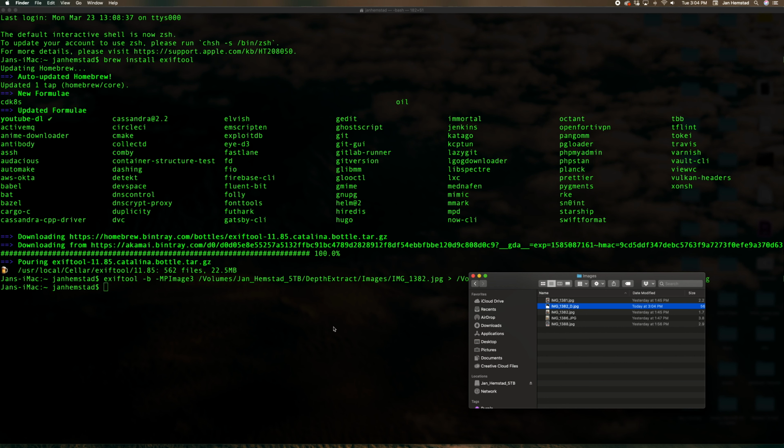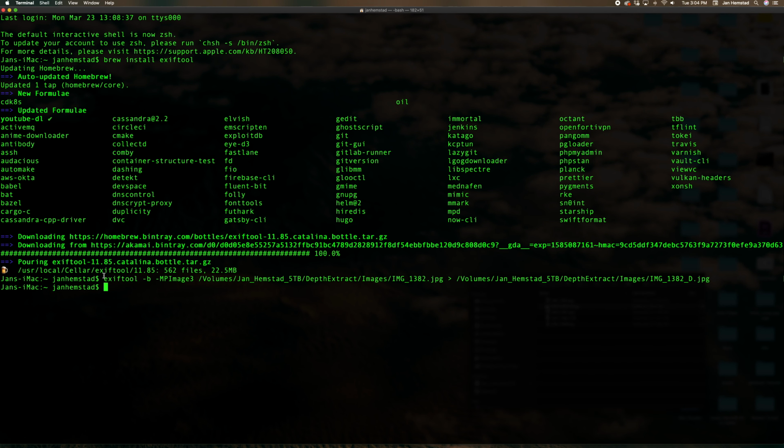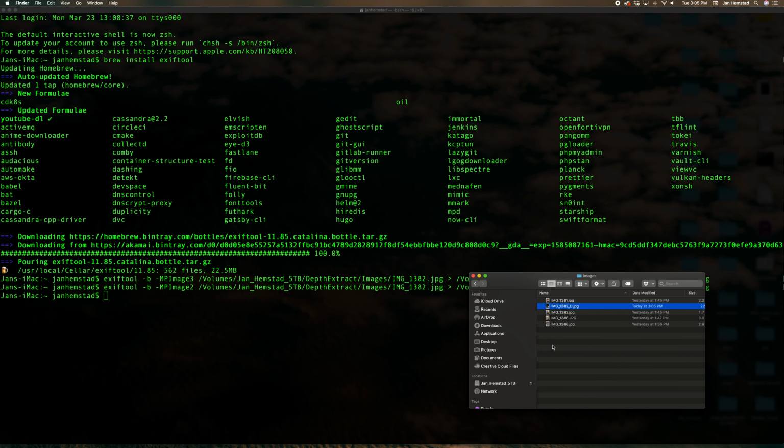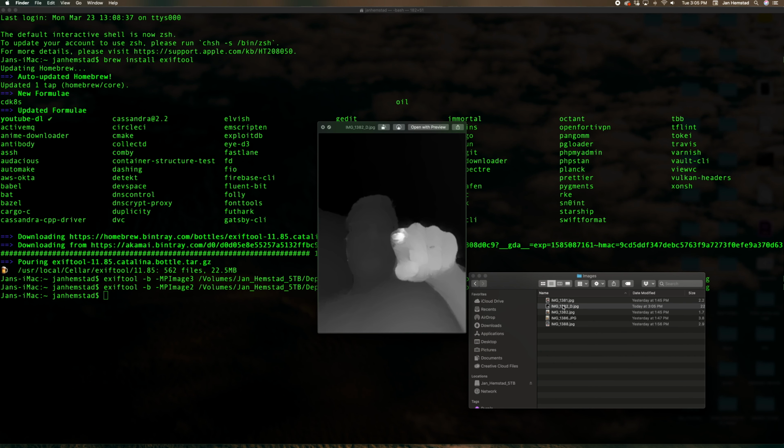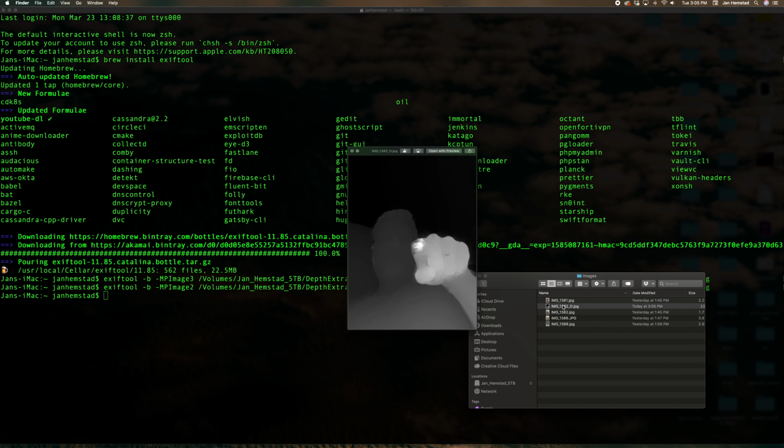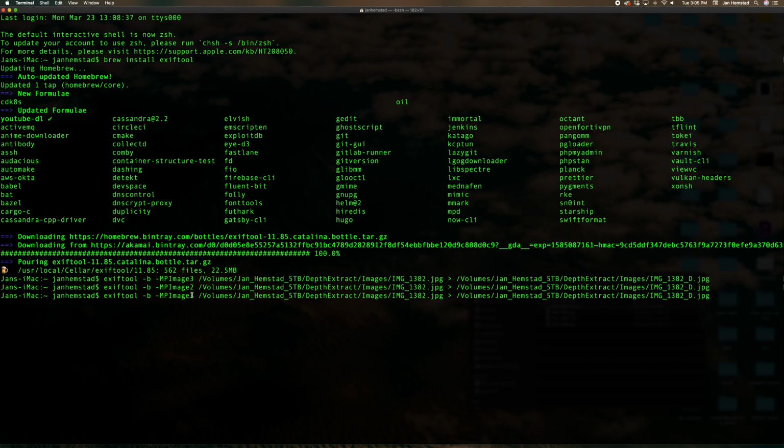So if we want to get the depth, we just copy and paste that whole bit and then change it to the number 2 instead of the number 3. So -MPImage2, and then if we hit enter, we'll see that we have our depth layer, but it's overwritten our previous one, as I said, because I forgot to change the file name, because I'm smart. I suppose you're wondering, what did the other numbers do? Well, those are